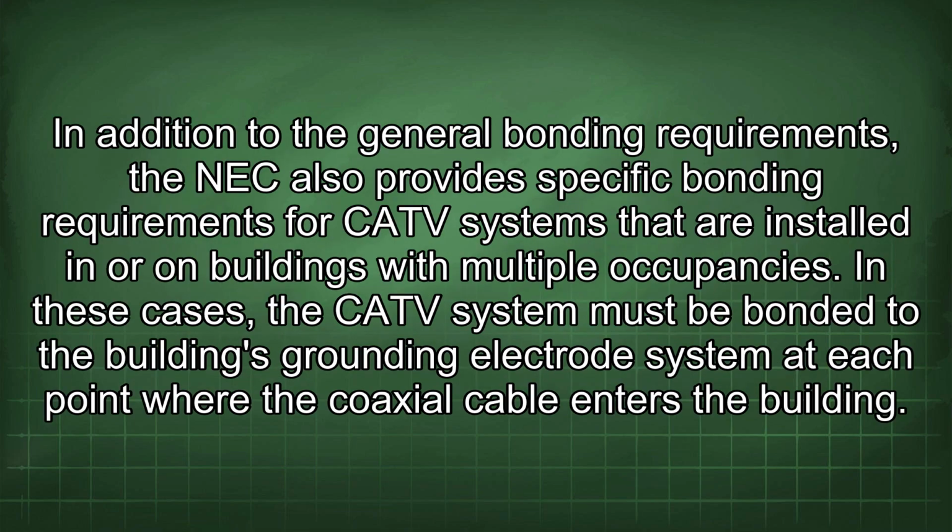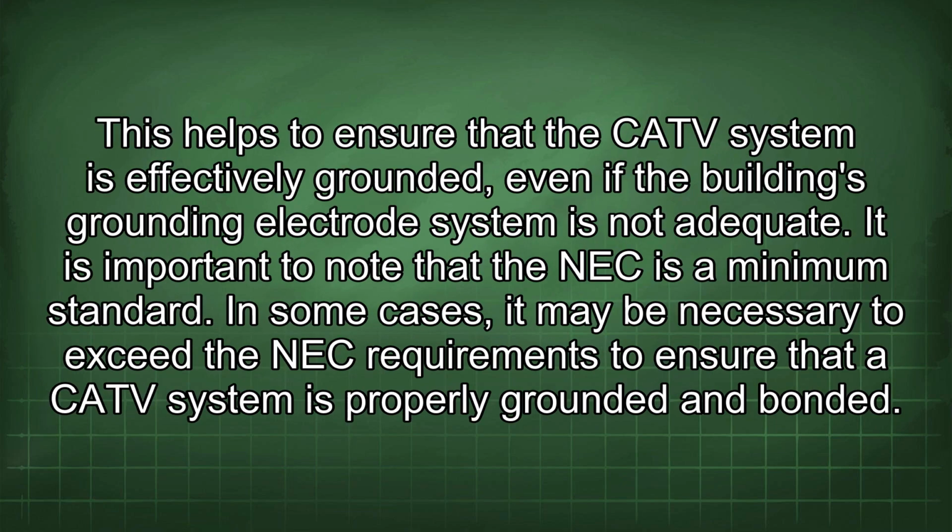In addition to the general bonding requirements, the NEC also provides specific bonding requirements for CATV systems that are installed in or on buildings with multiple occupancies. In these cases, the CATV system must be bonded to the building's grounding electrode system at each point where the coaxial cable enters the building. This helps to ensure that the CATV system is effectively grounded, even if the building's grounding electrode system is not